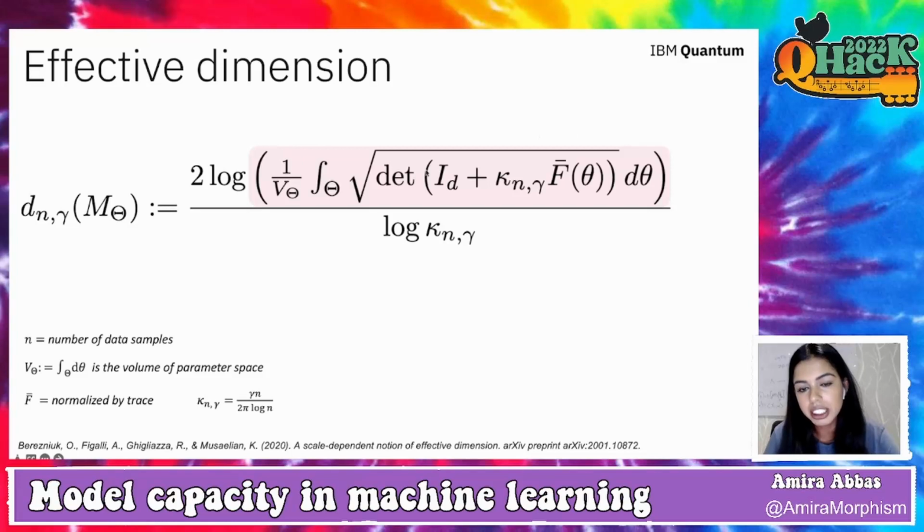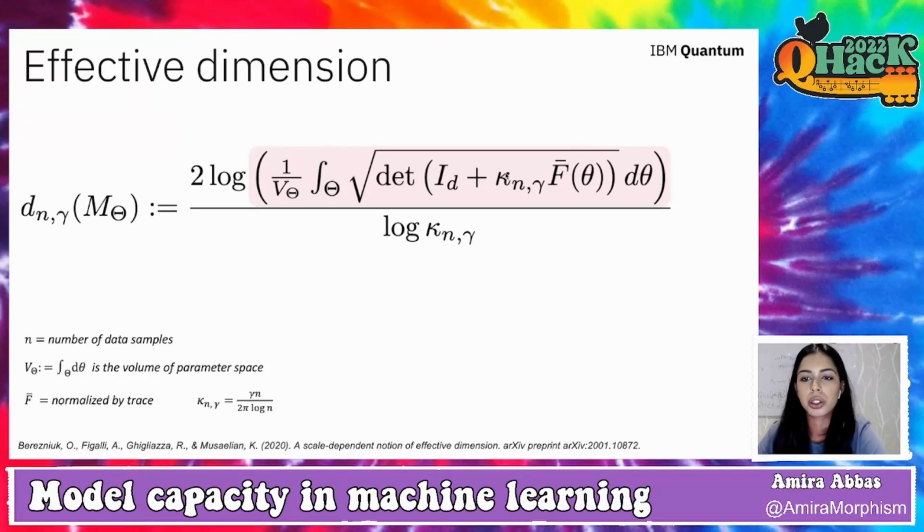There's a square root of a determinant, and in there is a Fisher information, right? So we remember I said the square root of the determinant of the Fisher for a particular parameter set gives us a notion of volume, of size. And so now what we're doing is we're averaging over all models the square root of the determinant of the Fisher. So we're averaging over all models the idea of volume to get a notion of size. And one more thing I should say is this kappa here is a quantity that depends